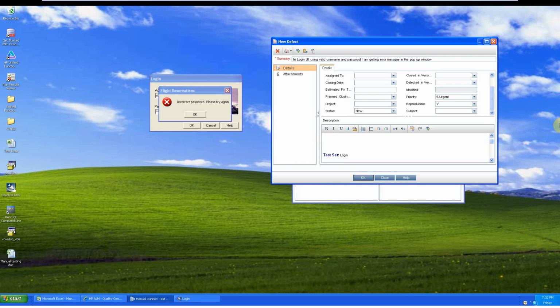I'm gonna mention here what is the version of the application I'm using. So I'm gonna say application version 1.1. I will say steps to reproduce. Very important thing,